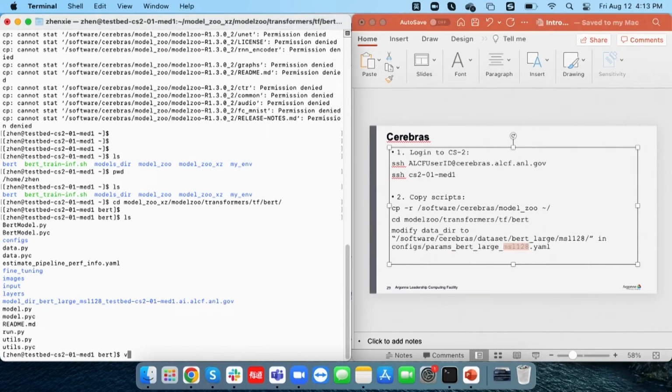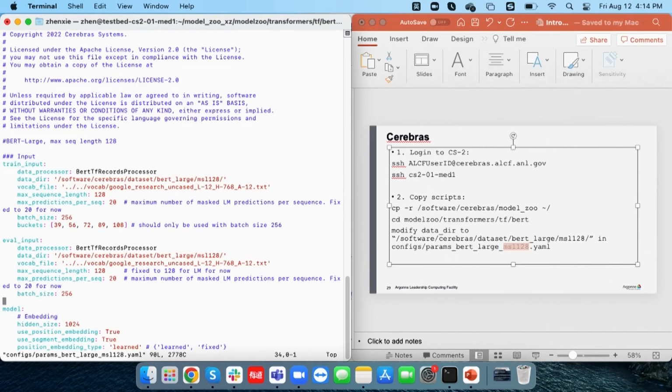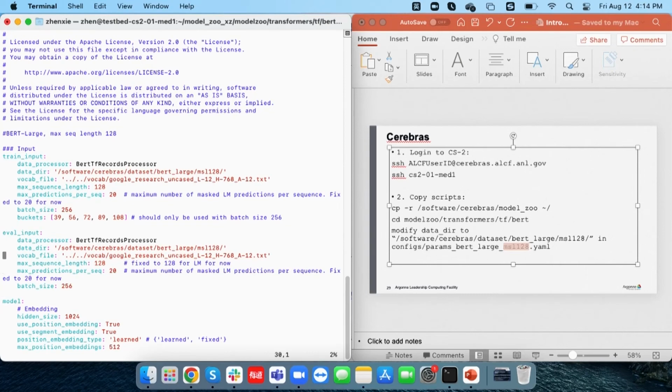And the config parameters for BERT large. The two points in this change are to point the data directory to the dataset for BERT large MSL128, and also for the evaluation input as well. So after that,